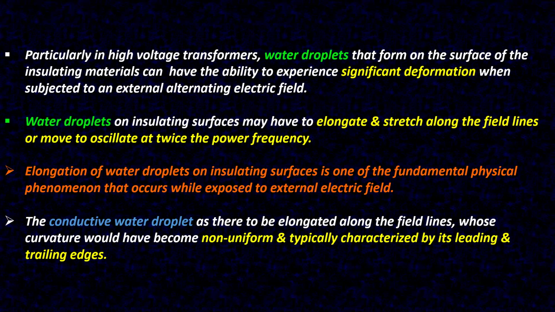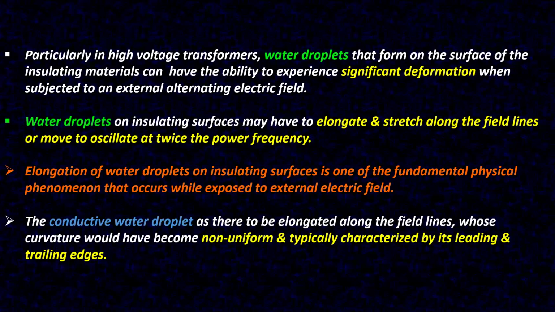Water droplets on insulating surfaces may have to elongate and stretch along the field lines or move to oscillate at twice the power frequency. Elongation of water droplets on insulating surfaces is one of the fundamental physical phenomena that occurs while exposed to an external electric field. The conductive water droplet, as it is elongated along the field lines, whose